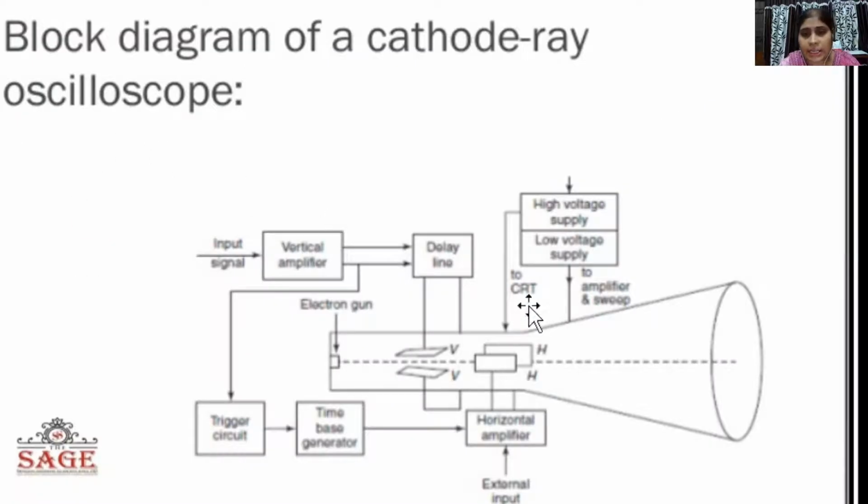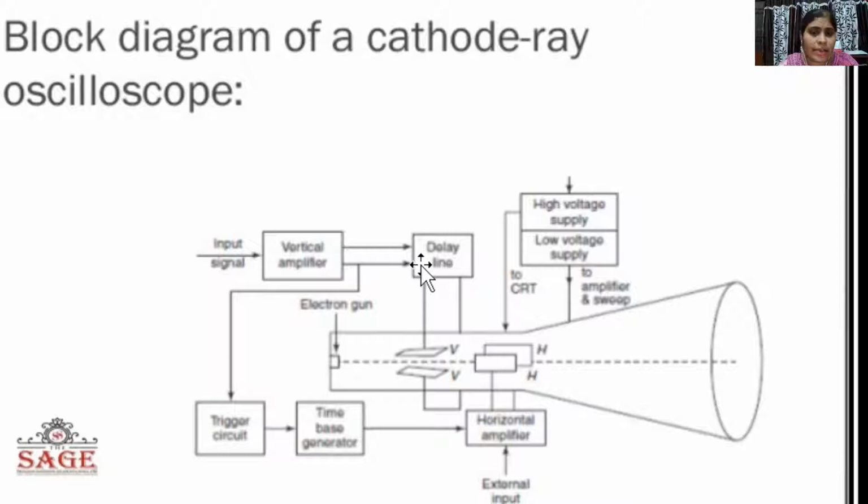That's why a delay line is connected here, and this delay line gives a delay of 20 milliseconds to the input signal. After 20 milliseconds, this signal is available on the vertical deflection plate. So the horizontal deflection plate signal and the vertical deflection plate signal are synchronized by connecting this delay line, and then the electrons pass through the horizontal and vertical deflection fields. So electrons start moving in the horizontal as well as the vertical direction and strike the screen. So this is the use of the delay line here.